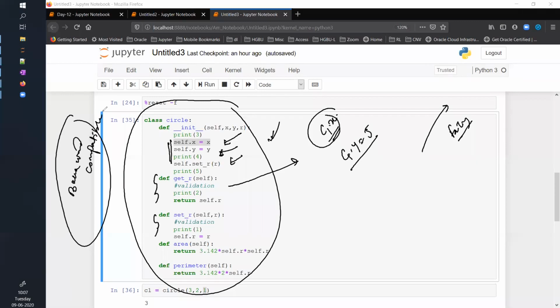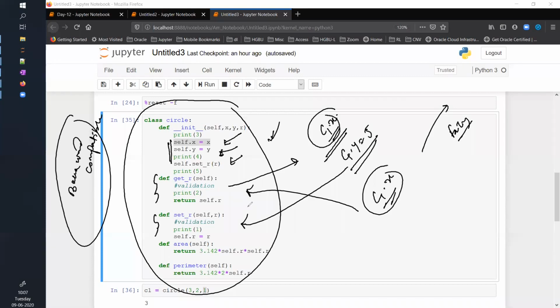As in, if the user is still using c1.x, these validation methods will still get called from the getter. If the user is saying c1.y equals 5, this is still valid, but internally this function will get called. We will be discussing this in tomorrow's class. But you got the problem, you understood the problem, right? Initially I used this way, and then all of a sudden I created functions. You understood the problems it will cause, correct?